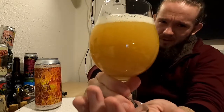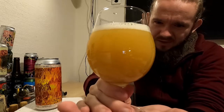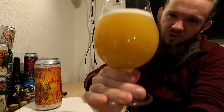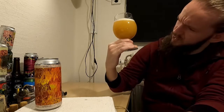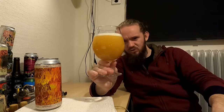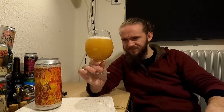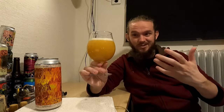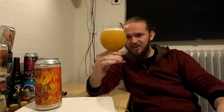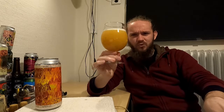This is one of the soupier and gloopier New England IPAs I've seen in recent times actually, and it's definitely one of the paler looking ones as well. So I would say that this beer looks like a kind of apricot juice or a bit of a pineapple juice. I always like comparing the New England IPAs to different fruit juices because that's just what their appearance reminds me of. So yeah, I would definitely go for a sort of apricot or pineapple juice when using this one